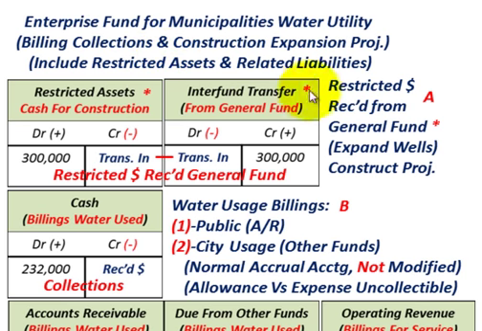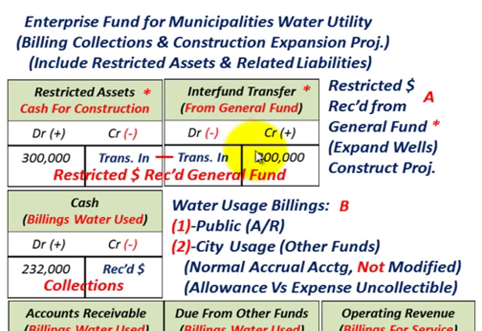So let's look at our first concept here, where we're going to expand this water utility. We're going to have to drill some new wells or expand our water utility capacity here. So this is going to really be a construction project that's going to be taken on. Everything is in T account form, and when you're dealing with governmental accounting, or in this case the enterprise fund, you have to note what's going on in your titles for each one of these accounts. That's the key when you're dealing with the enterprise fund and governmental accounting in general.